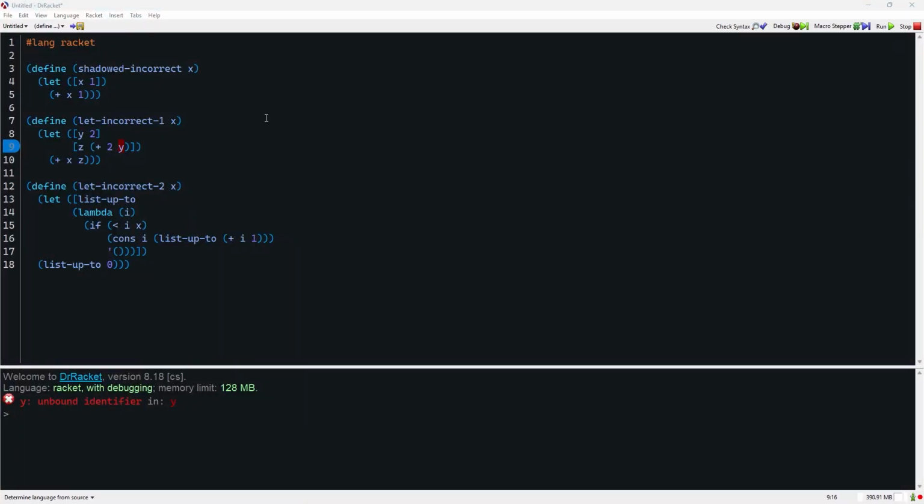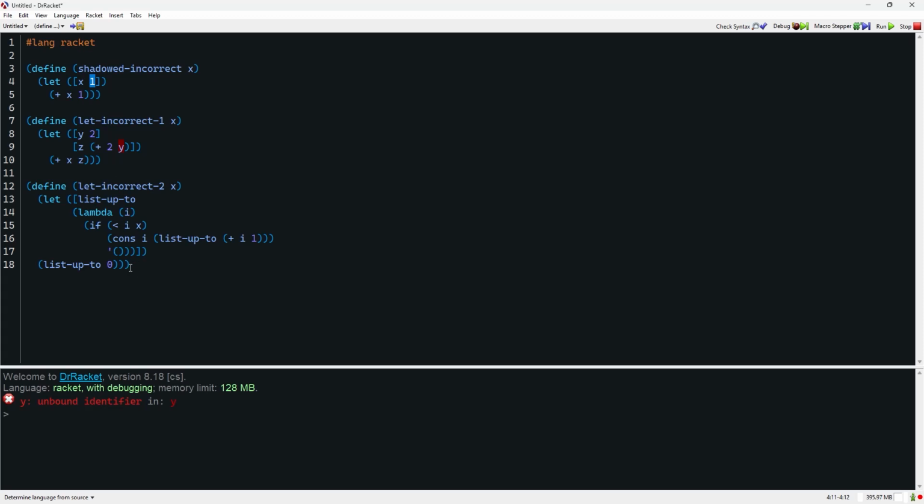Today, we're going to review the basics of let. Let is an important special form because we use it to introduce variables and their bindings. And so let is how you introduce local variables. And for those of you that are familiar with programming, using local variables is kind of bread and butter of a programming language. So what I've done to demonstrate these is I've created three seemingly incorrect functions, and there's